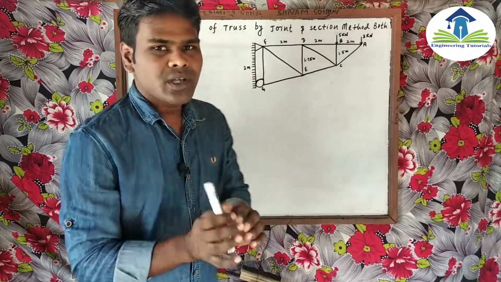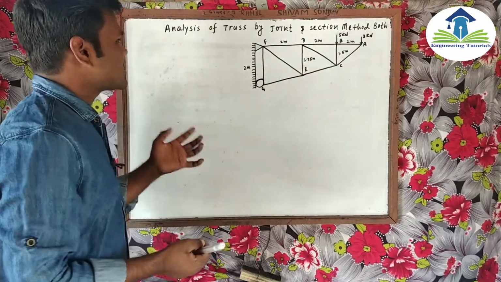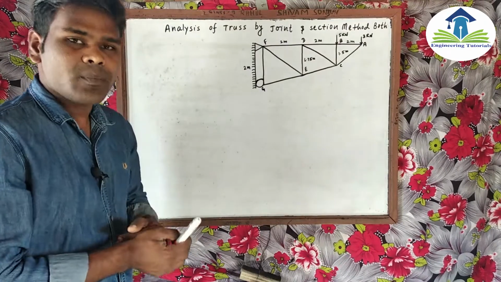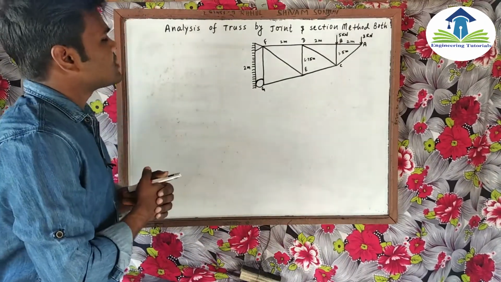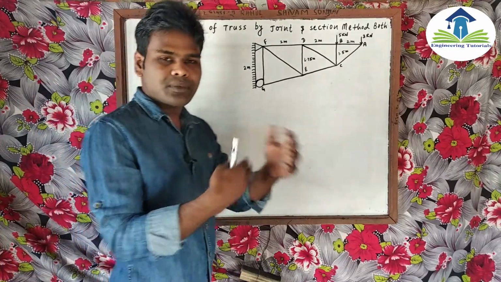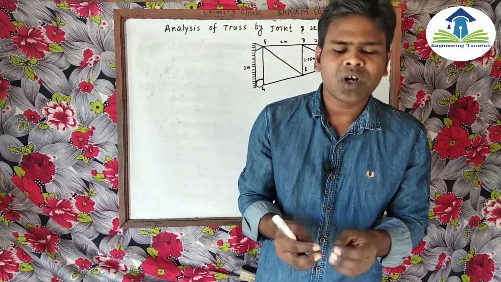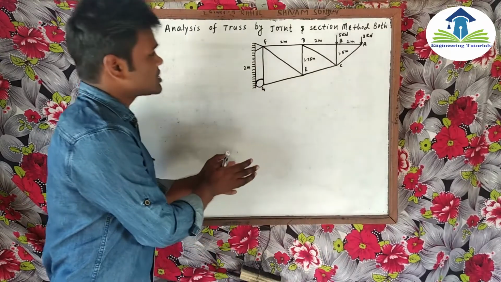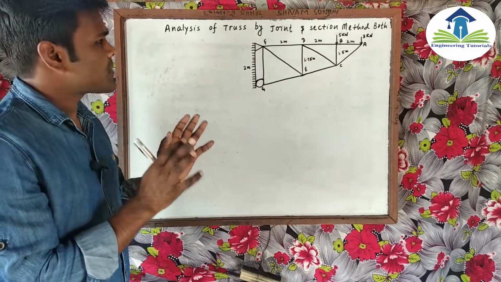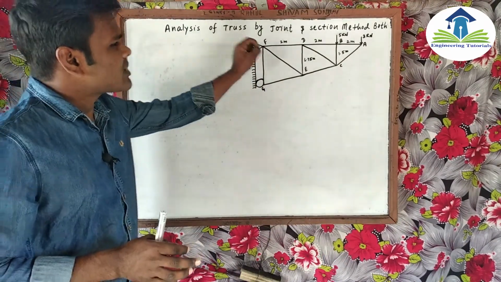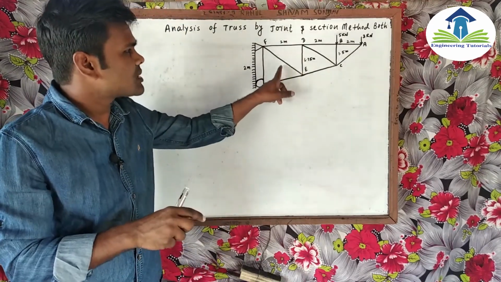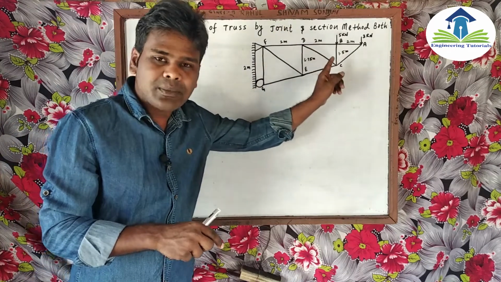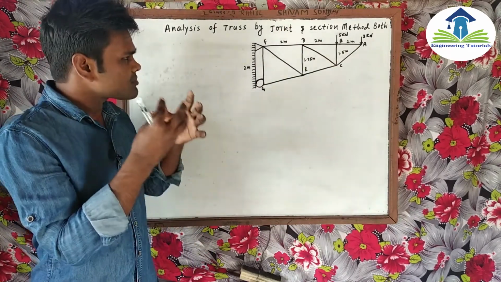Today we are going to again solve a question related to applied mechanics based on analysis of a truss. You can see how the question is different from the previous video. In this video we will solve this question by two methods: the joint method and the section method. If we solve this question by the joint method and section method continuously, then